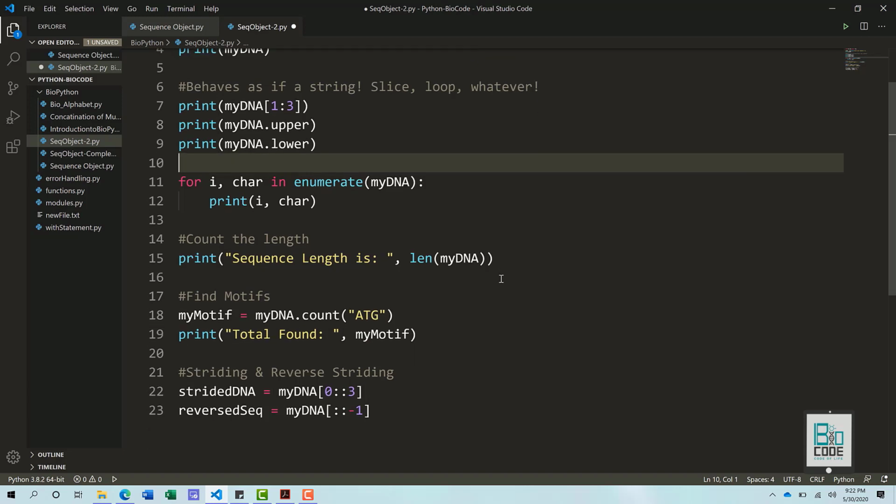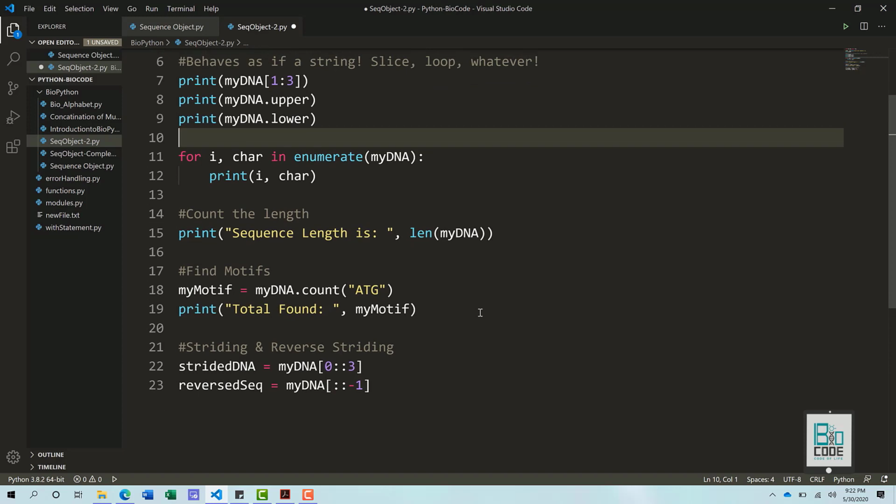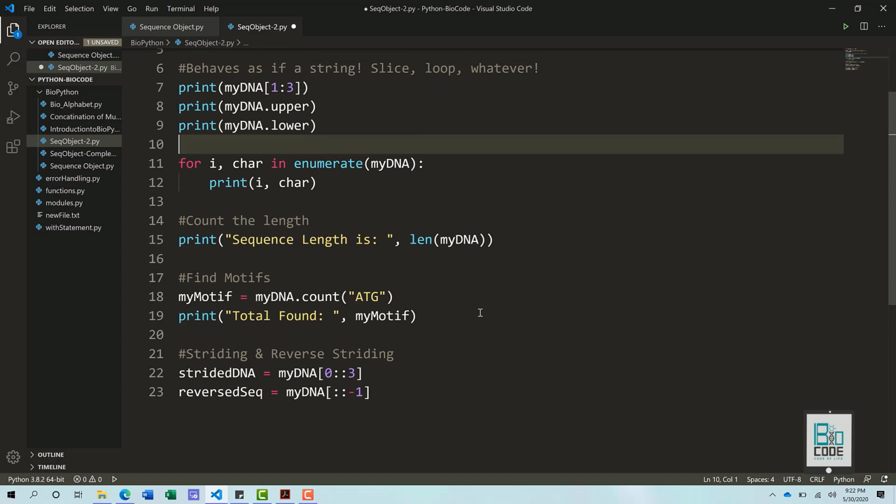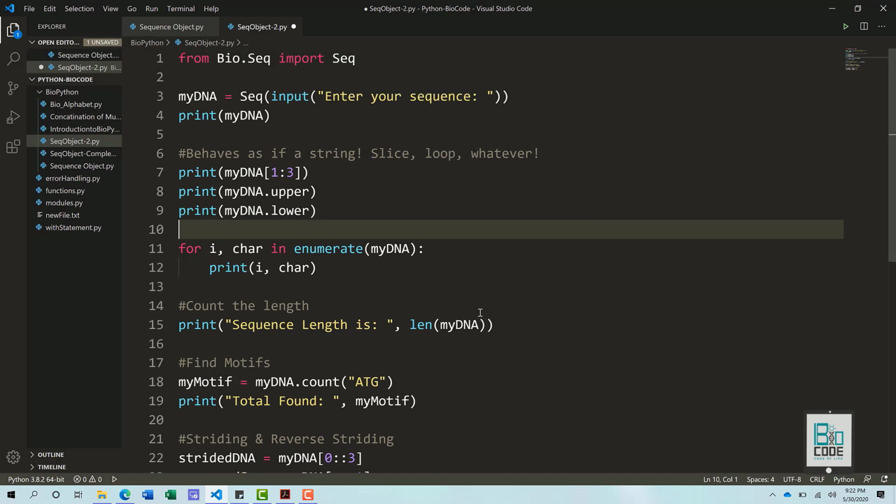You can also find string motifs within a string. For example, if your name is John Doe and you would like to find Doe within the string, you could do that in Python. Various other things, such as reversing and striding over sequences, can be accomplished with Python strings, and the same can be done with the sequence object, which is fundamentally also a string. So we are going to demonstrate that.